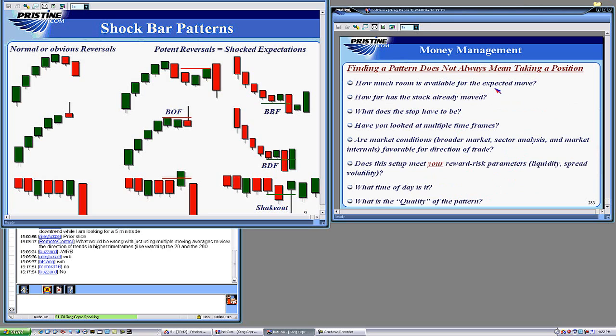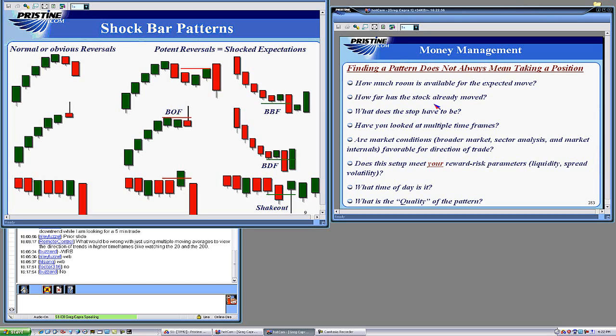Going through the thought process of money management. Once you find a pattern, it doesn't mean you're taking a position. Is there room? Is there a tradable void? Has it moved already? That question makes you think about whether you're chasing. So you may have seen the pattern but you didn't enter on it. That's one of the biggest